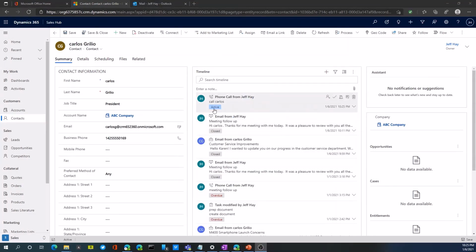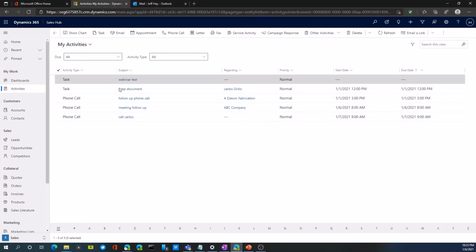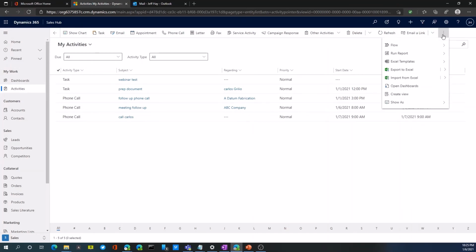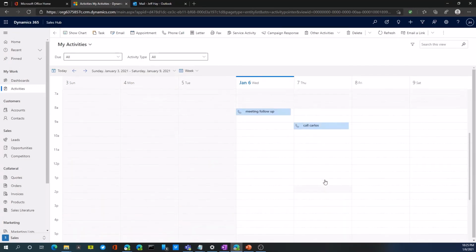So I can see on my timeline I have an active activity right here. I have to call Carlos on that contact. And if I go to my activities, something else you can do is have a list of all your existing activities, and I can set up different views. So I can show this as calendar control, for example, and I can actually see if I go to the week view, that the Call Carlos activity is there,